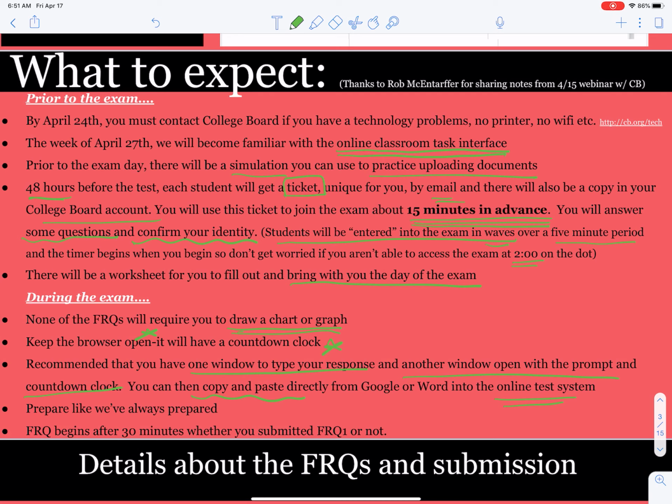Okay, so we are going to prepare like we've always prepared. Yes, I know that you are going to have access to your notes and Google and online textbooks and your textbook right next to you, but College Board is also aware of that. This is not a test, remember, we talked about validity, to measure how quickly you can look up terms, copy, paste, reword, rephrase, and send. I'm sure many of you would score very high if those were the skills we were trying to assess. But that's not what we're trying to do here. We want to assess your AP Psych knowledge. And for that reason,